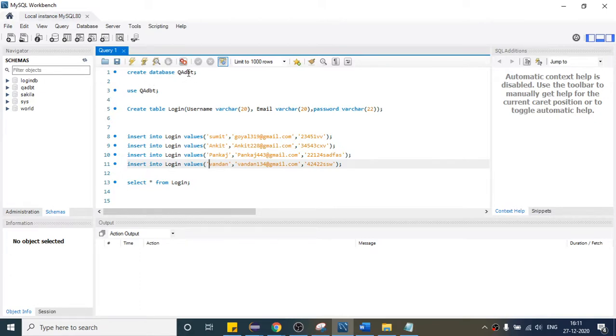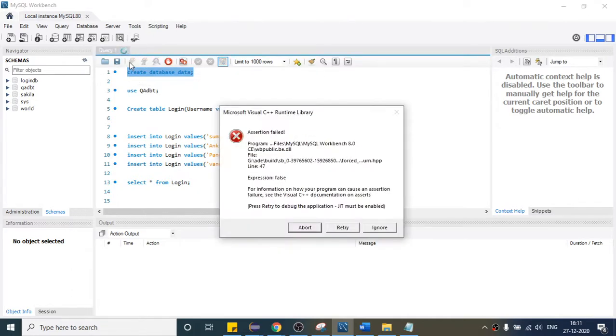If you want to create some other database, you can create it like this. Data is my database. Once you execute this query, right, here we are not going to see the entire course on database, just whatever is required. So first we will create the database. Once I execute this command,